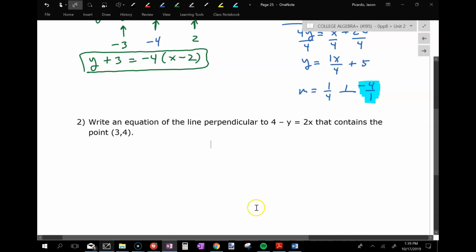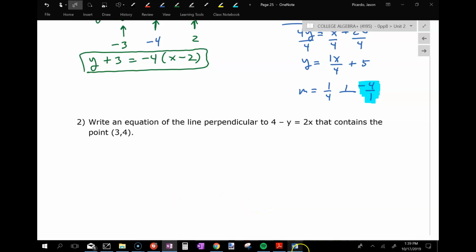All right, last problem of the day. Write the equation of a line. So bang, you're going right to